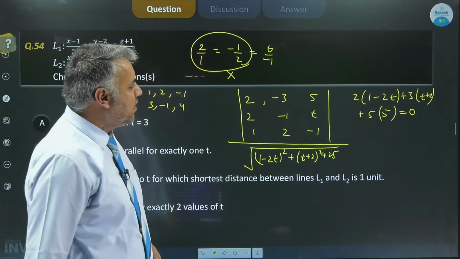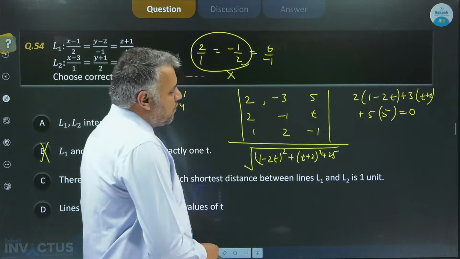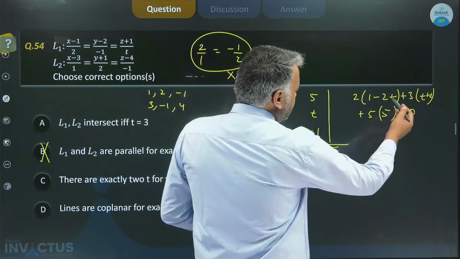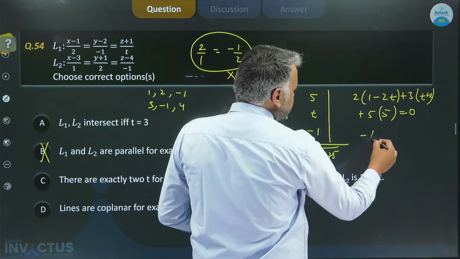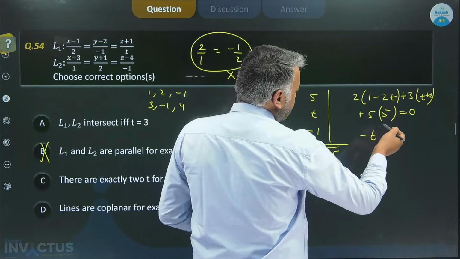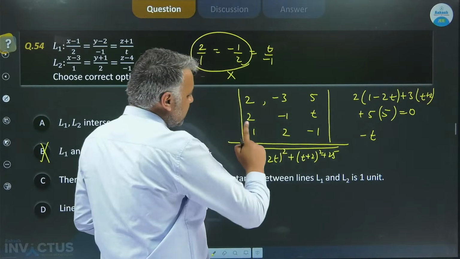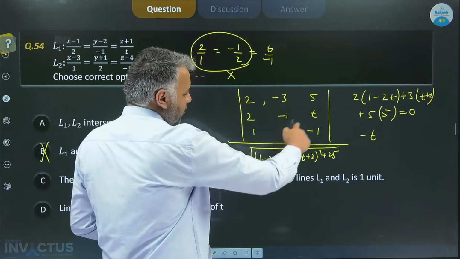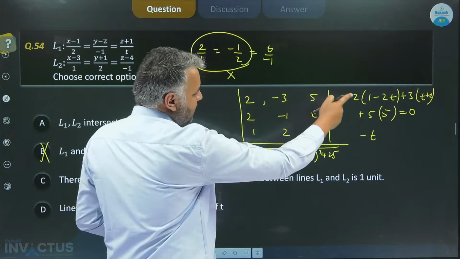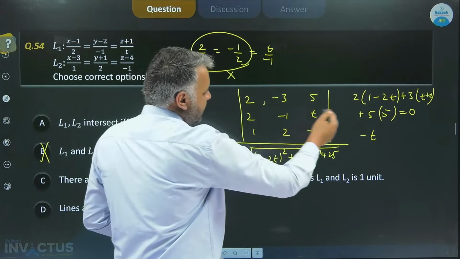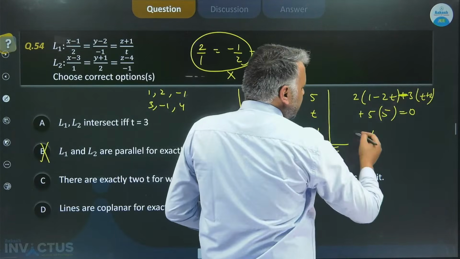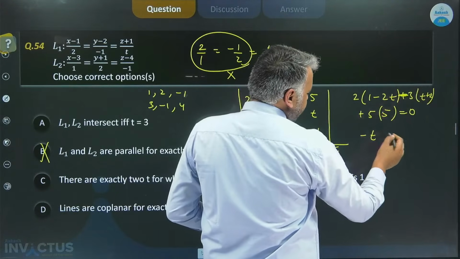This will be the value of the determinant, and I made it 0. So finally we'll get the value of t. This is 3t minus 4t, the minus t, and let me check these signs only. 2 into 1 minus 2t minus 3, so that is 3 into, okay, this is minus. So minus 4 minus 3, so minus